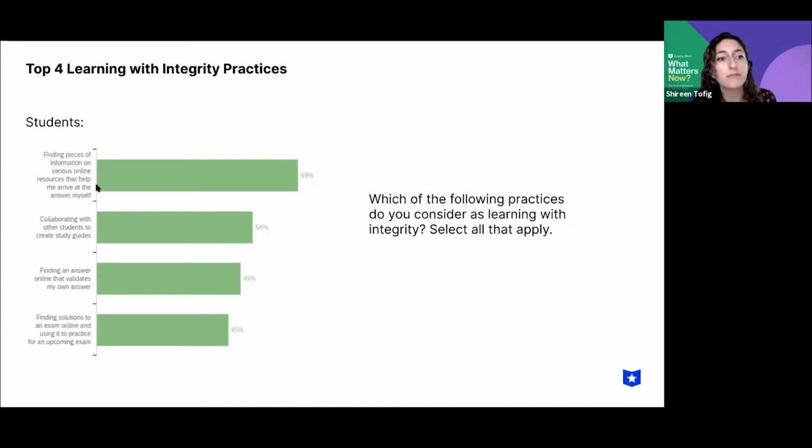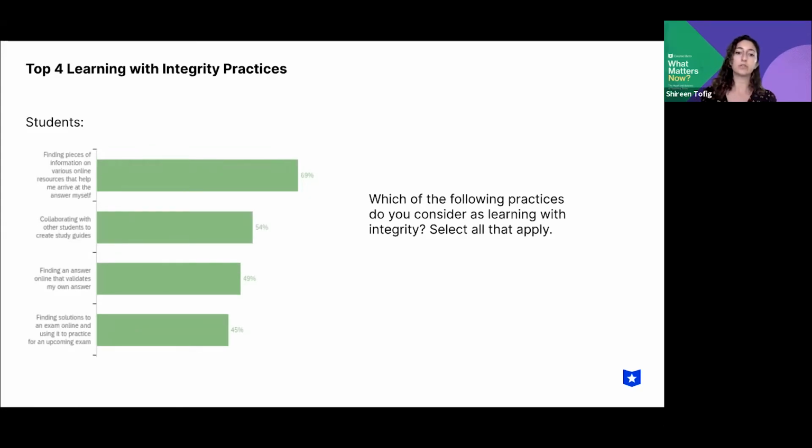Students ranked finding pieces of information on various online resources that help me arrive at the answer myself as number 1, collaborating with other students to create study guides as number 2, followed by finding an answer online that validates my own answer, and finding solutions to an exam online and using it to practice for an upcoming exam.